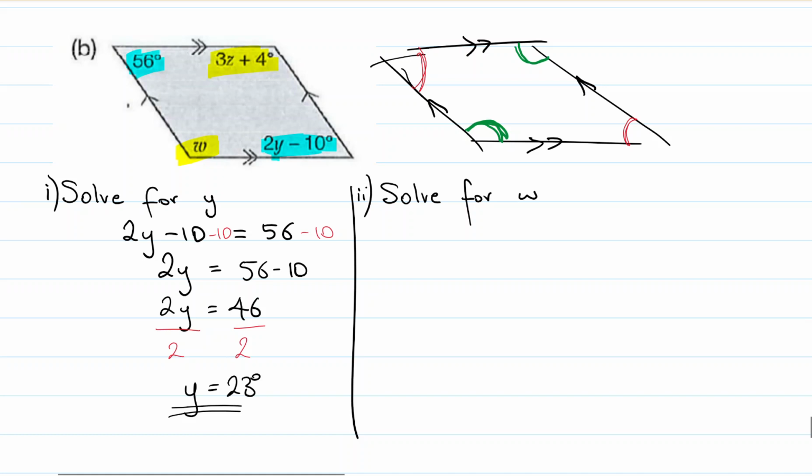Okay, so we know that one of those sides, the blue side's 56 degrees. That's that blue one there. The other one, 2y minus 10, we know that's also 56 degrees. That whole thing there is 56 degrees. So 56 degrees plus 56 degrees, we'll write it like that. That plus that